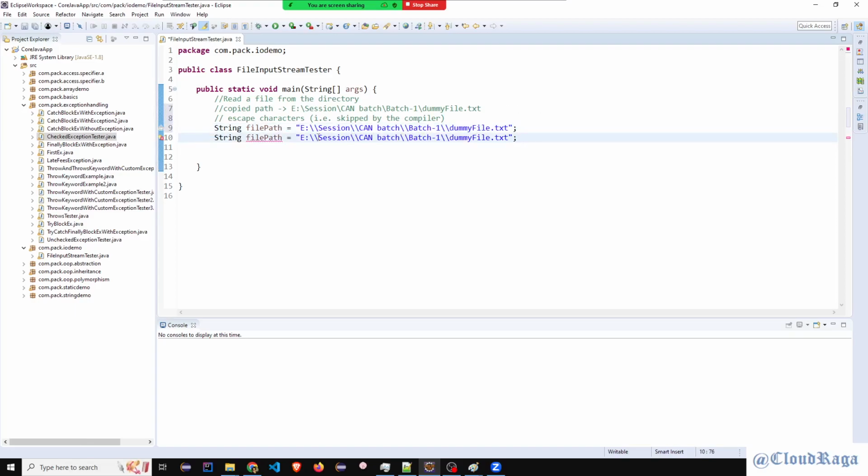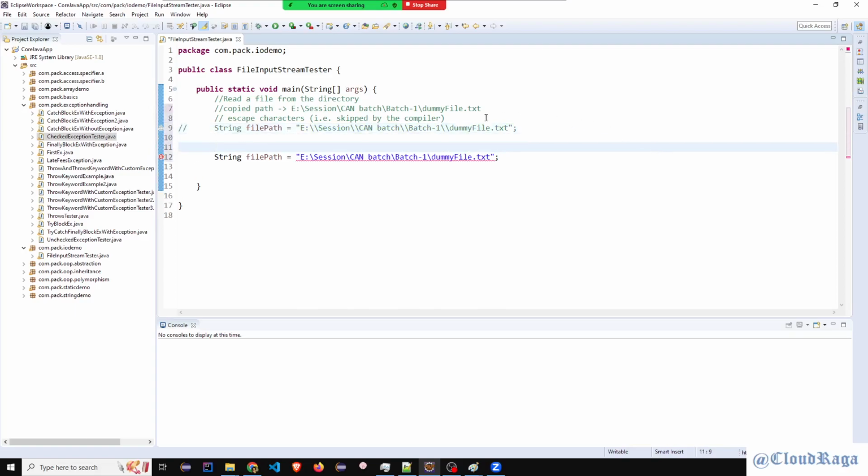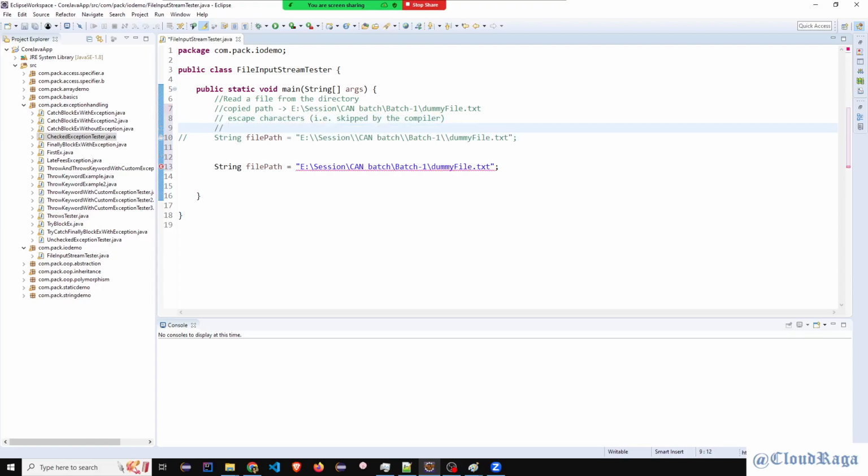In case, excuse me, if I put it this way, as per our knowledge, one of the escape characters is the slash. This is an escape character, one of the escape characters. So a single slash is an escape character.